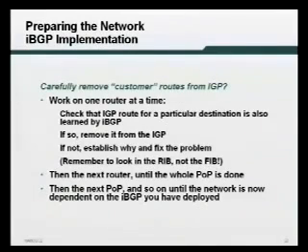Removing the customer routes. Well, you want to check that the IGP route for a particular destination is also learned by IBGP. So you look in the BGP table, as well as looking in the link state database of the routing protocol, and then have a look and see what's in the routing table. You change the distances around, check that the entry in the routing table has been caused by BGP,